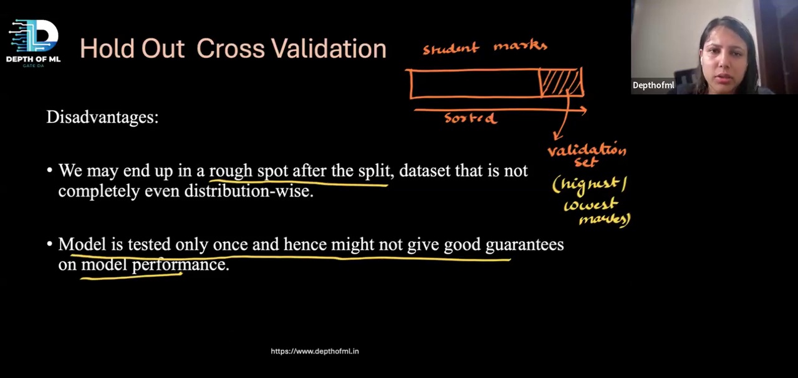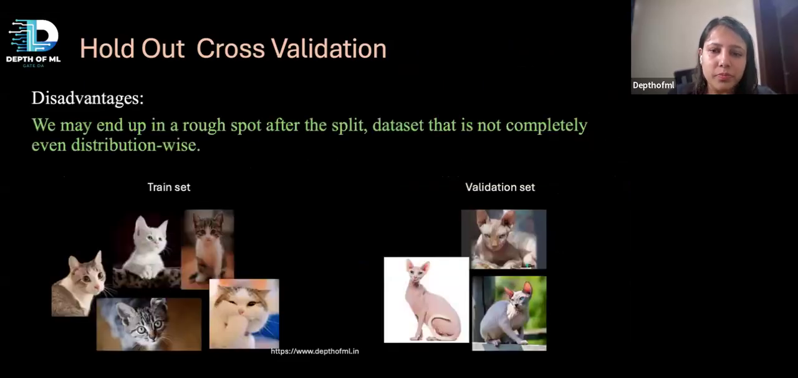Any doubt here? This is very simple actually. Okay, so let me give you the disadvantage. Suppose this is all of my training data. Now I created a split, and it so happened that in this particular split, all the Sphinx cats move to the validation set, and all the cats which have fur are in my